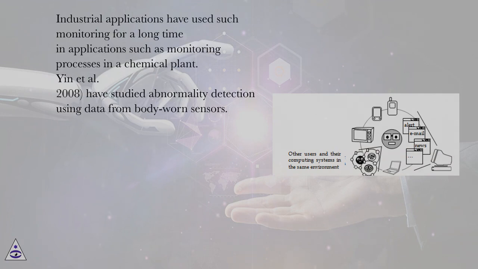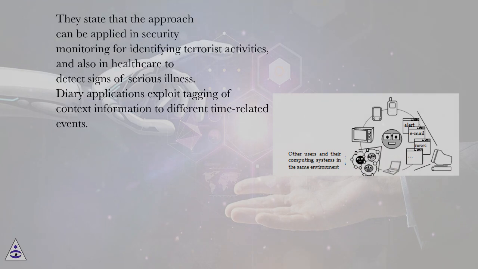Industrial applications have used such monitoring for a long time in applications such as monitoring processes in a chemical plant. Yang et al. 2008, have studied abnormality detection using data from body-worn sensors. They state that the approach can be applied in security monitoring for identifying terrorist activities, and also in healthcare to detect signs of serious illness. Diary applications exploit tagging of context information to different time-related events,